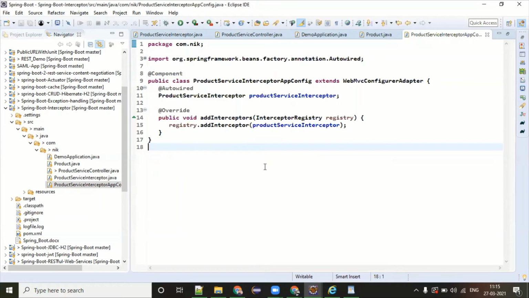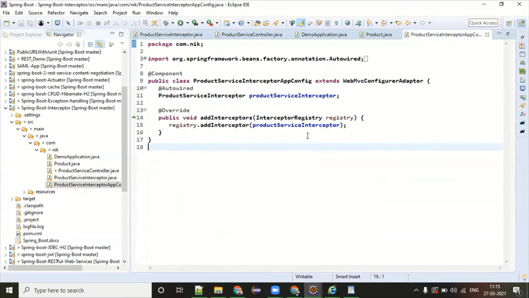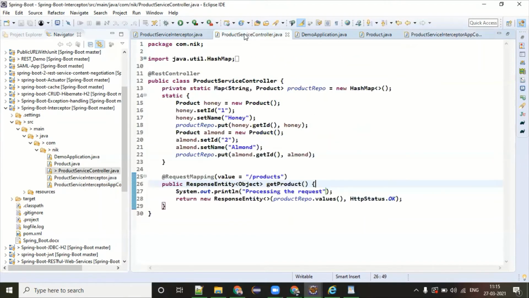You want to run that piece of logic, whatever logic you have written under this pre-handle or post-handle. But once the offer is gone, you want to remove that. The idea is also there, do not disturb the main and core logic of your application. I cannot write the logic in the controller directly. The reason is, if the offer is gone, then what do I have to do? Either I have to comment that piece of code, or I have to delete that piece of code. So never ever play with your core logic classes, core service classes.